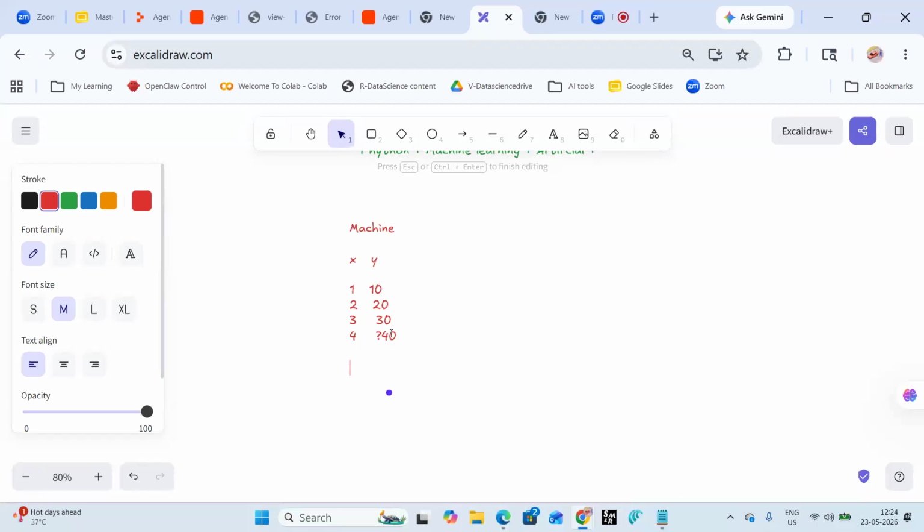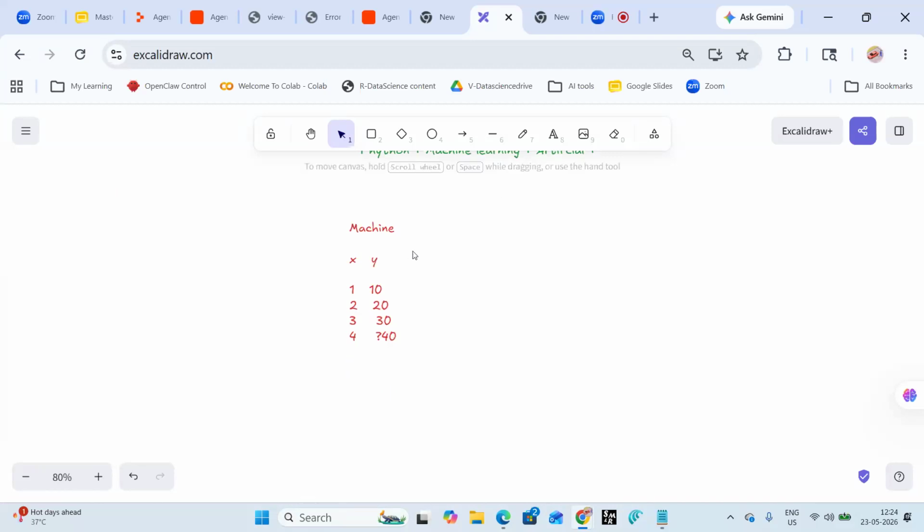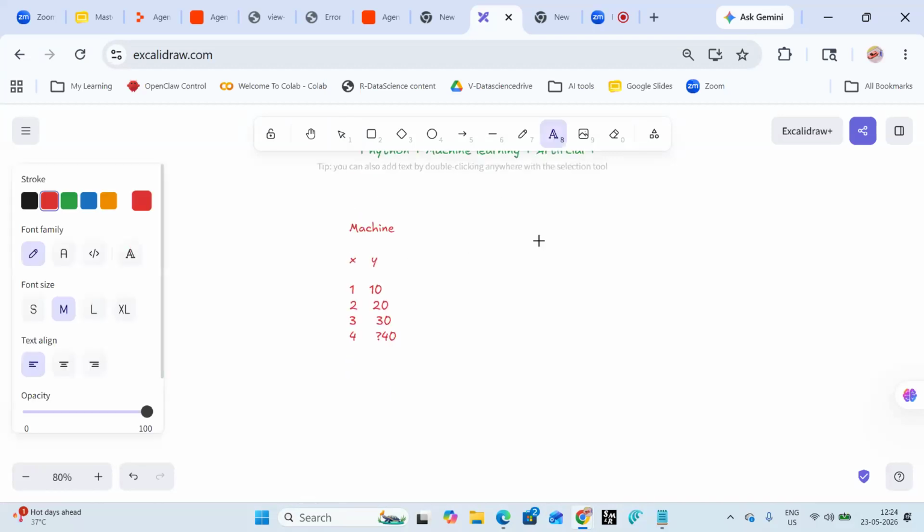Now let's see one more example. This is good, 40, I agree. In the same way, same x, same y we have. Now x is 1, y is 10. For 2, 14.